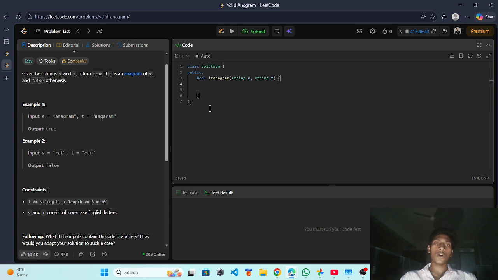So first, we should write a condition: if the size of string S is not equal to the size of string T, then that will not be considered an anagram, because both words must have the same letters.